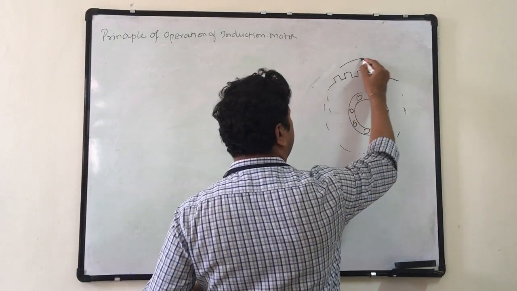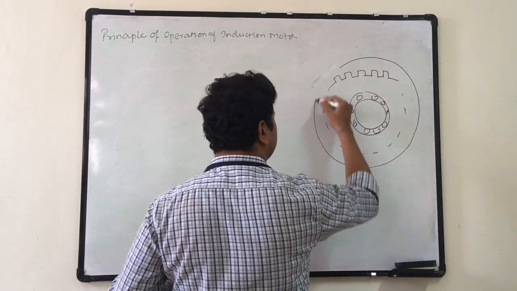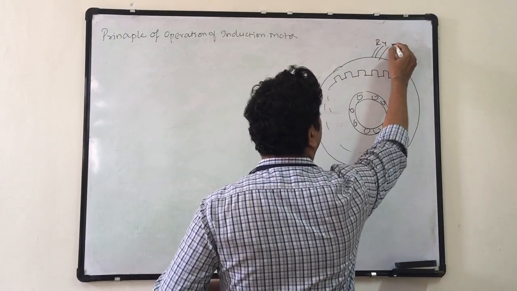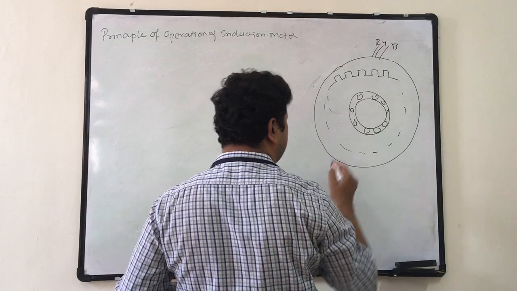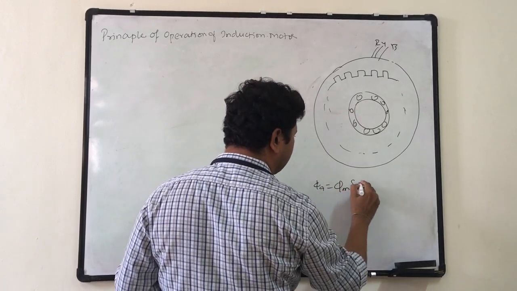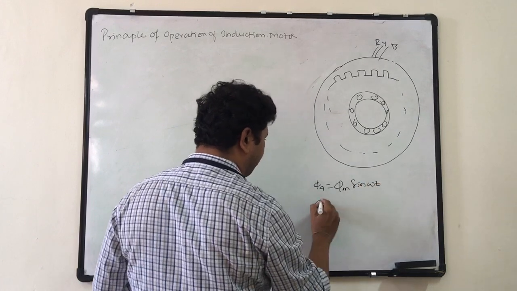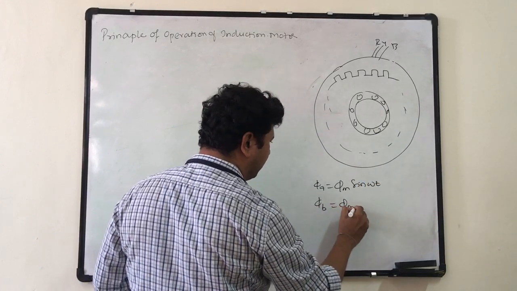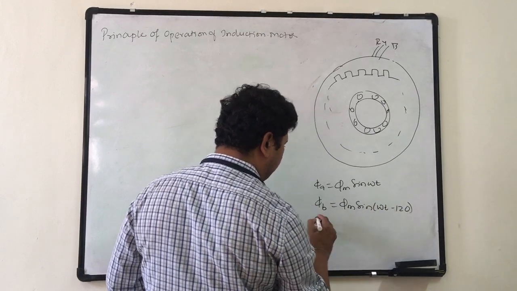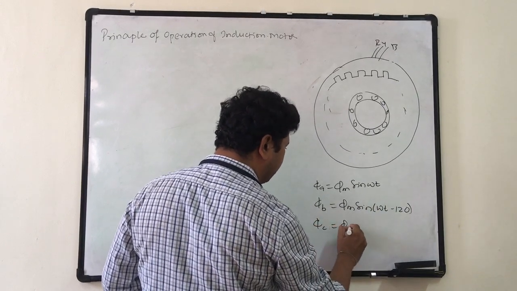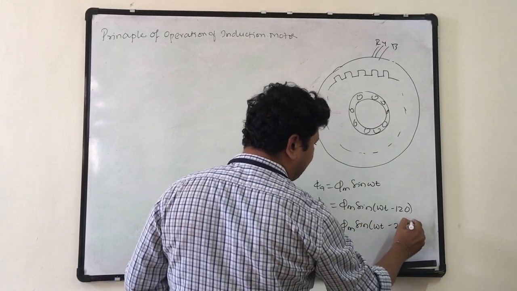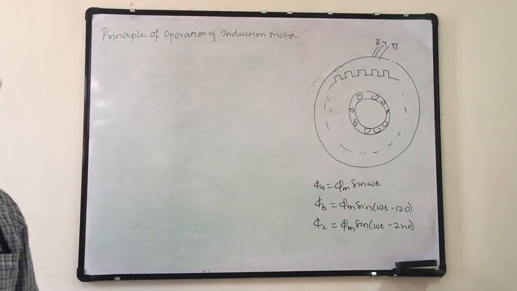And when I supplied three-phase supply to this, I got three-phase flux: phi A is equal to phi m sin omega t, phi B is equal to phi m sin (omega t minus 120), phi C is equal to phi m sin (omega t minus 240). So these three fluxes exist in the same air gap,